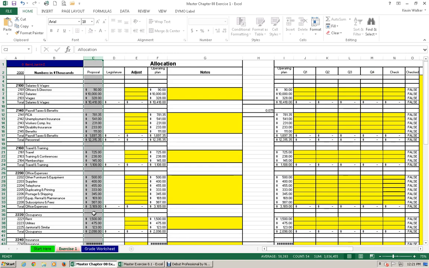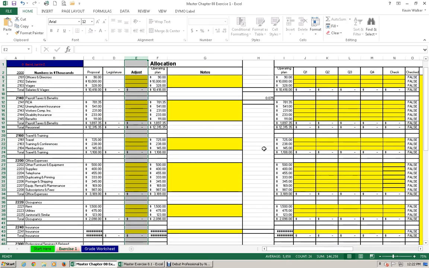This in column C is what you're proposing to spend. And column D, this has been adjusted a little bit here. This is a little different from what you would see if you're using this personally. But in column D, there's an item for what the legislature actually awards you for each of these benefits. Column E is for where you're going to make any adjustments that you intend on making to your proposed budget, and then from that will end up being your operating plan,